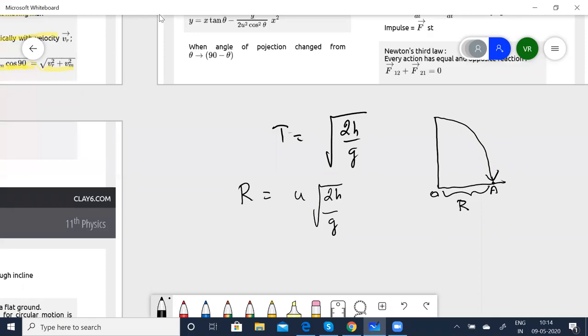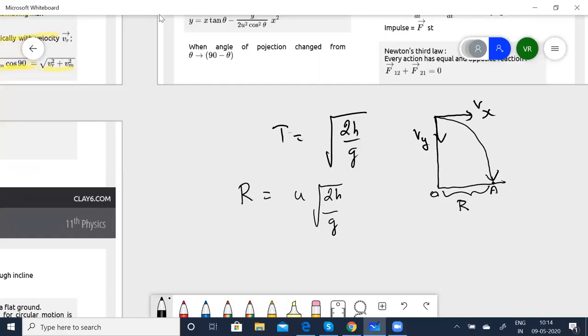Remember the velocity is always resolved into two components, one along the x-axis, that is Vx, and one along the y-axis, that is Vy. You can also tell it as Vx cos theta and Vy sin theta, because whenever the object is moving along the x-axis, we take that as cos theta, and the motion along the y-axis is taken as sin theta. So we can resolve this as Vx cos theta and Vy sin theta.